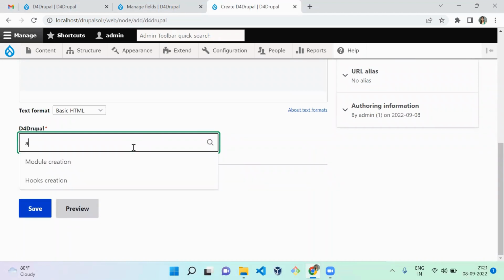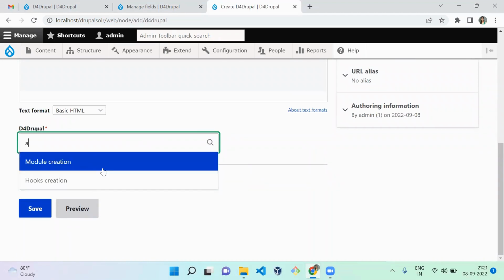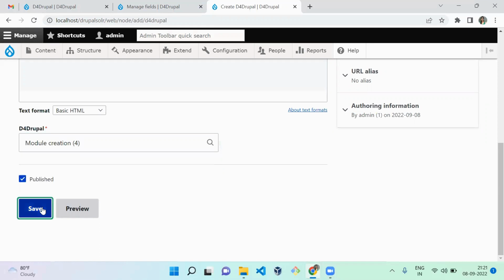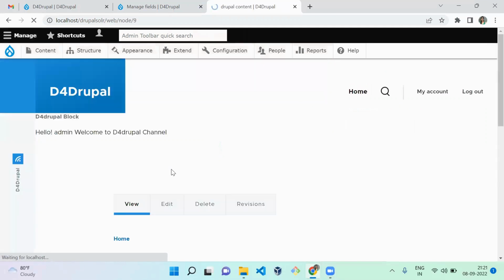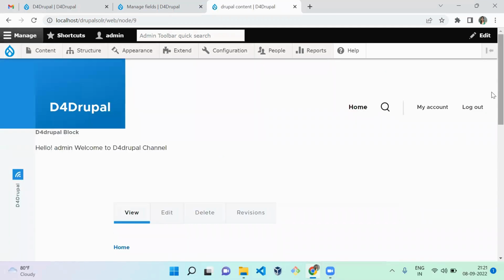So when I type A, you can see it's not displaying twig altering, even though twig contains A. It's displaying only the terms which contain backend category. Okay, so I'm going to select module creation and save it. So this is how we can use the taxonomy term entity reference display in your views. Okay,